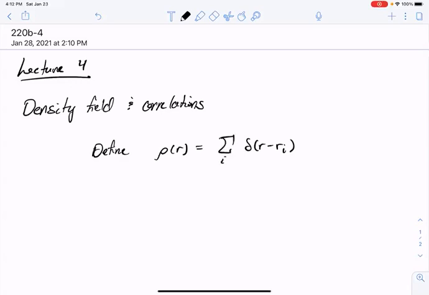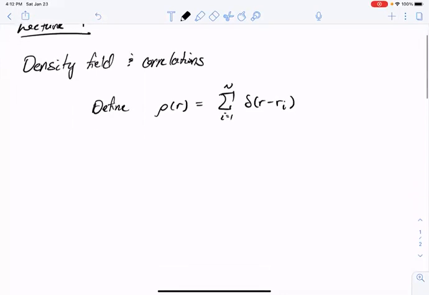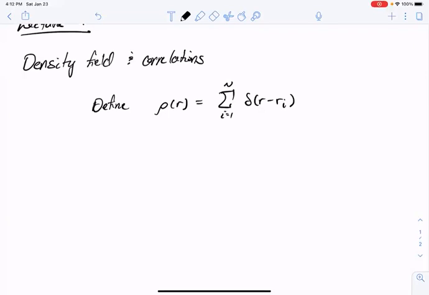And if I sum over all particles labeled i from, say, 1 to N, if one of those particles is at location R, so its position is at R_i, then that will return 1. Otherwise, it will return 0. It's not necessarily obvious that this definition of the density conforms to our macroscopic notion. But if we averaged it